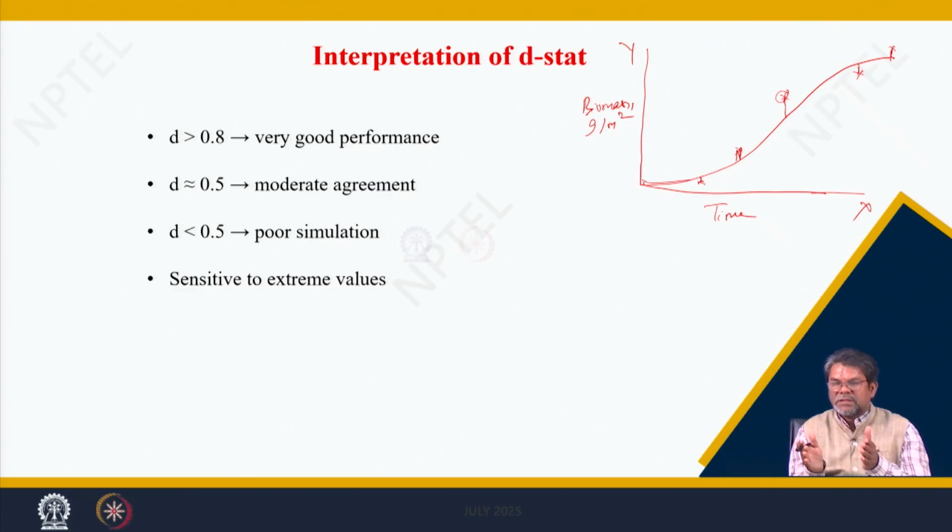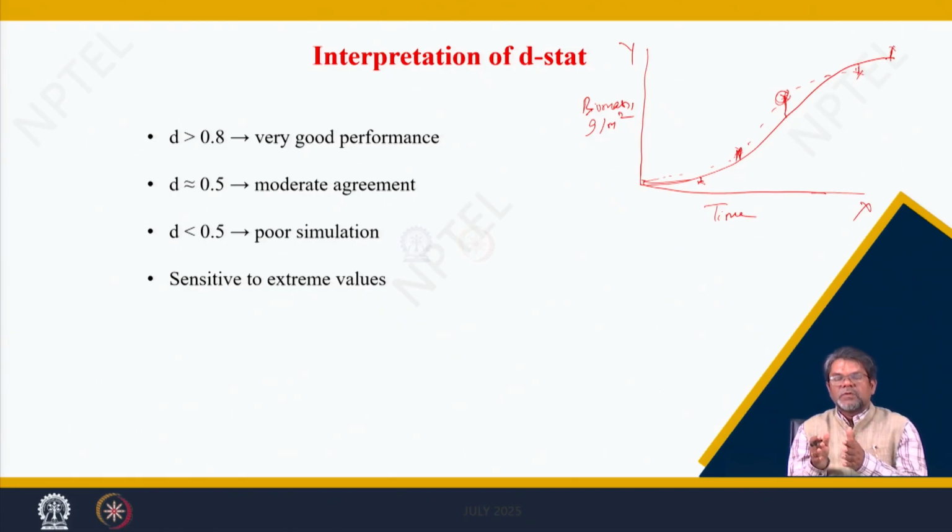To minimize the gap, we go for the calibration of the model parameters. The purpose of calibration is that you cannot change the observed value, so we want to bring the simulation value very close to the observed value. The simulation value may be shifted like this, so that we can get the simulation value very close to the observed data points. We do that calibration, and through that the simulation value gets shifted very close to the observed value. So, that is the process of calibration.